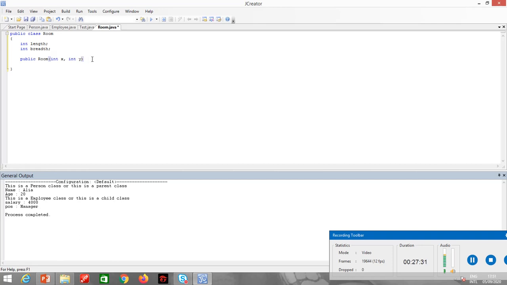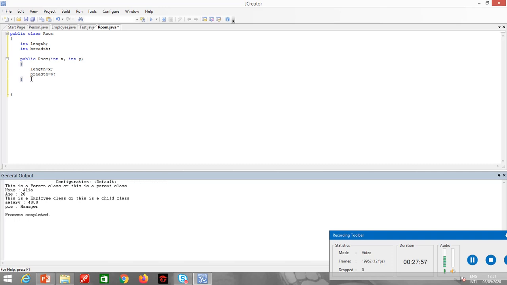I will give a program to you at the end showing the usage of this also in a more elaborate form. Alright, so length is equal to x, and breadth is equal to y. This is a constructor of the parent class.